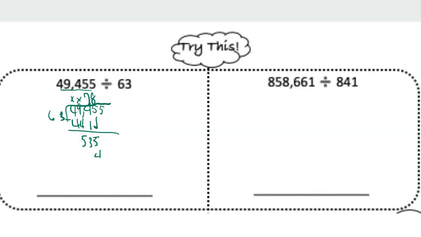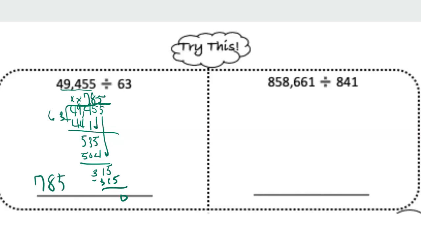8 times 3 is 24. Carry the 2. 48 plus 2 is 50. I subtract. I get 31 left. 315 goes in 5 times, and 5 times 63 happens to be 315. So my remainder is 0, and that means it goes in